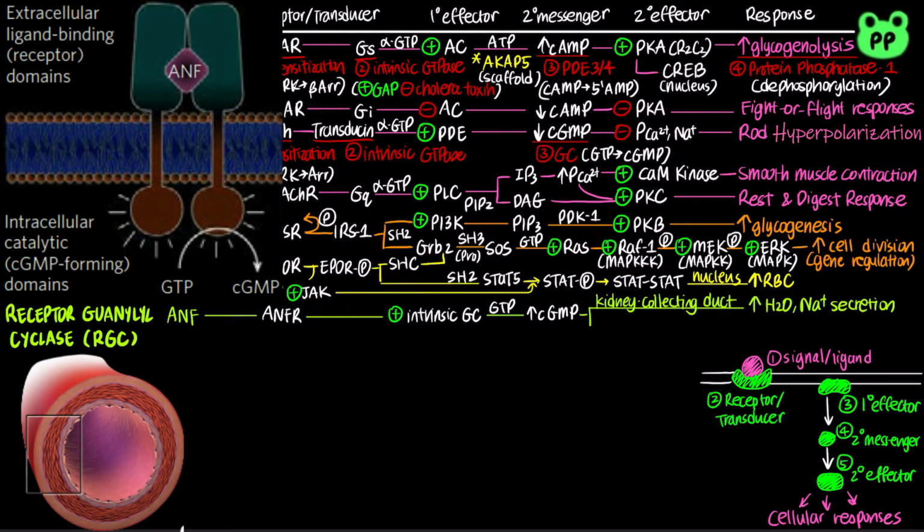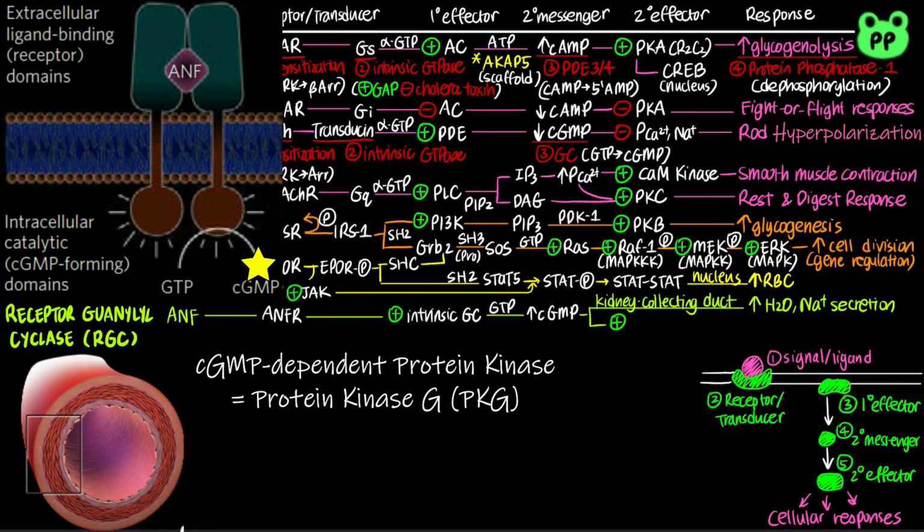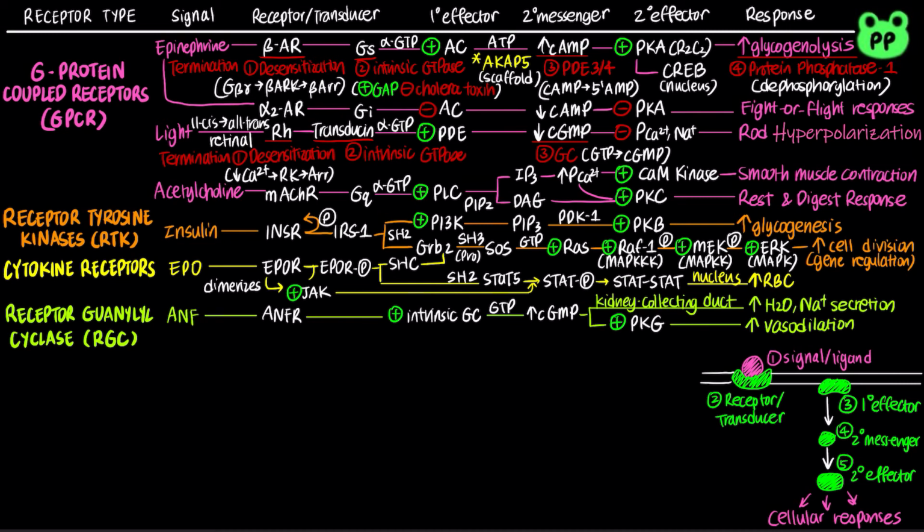In the vascular smooth muscles, the rise of cGMP activates cGMP-dependent protein kinase, also known as protein kinase G, or PKG, which triggers an enzyme phosphorylation cascade that leads to vasodilation, or relaxation of blood vessels, increasing blood flow while further decreasing blood pressure. Another type of signal that acts through receptor guanylyl cyclase is the gaseous local regulator nitric